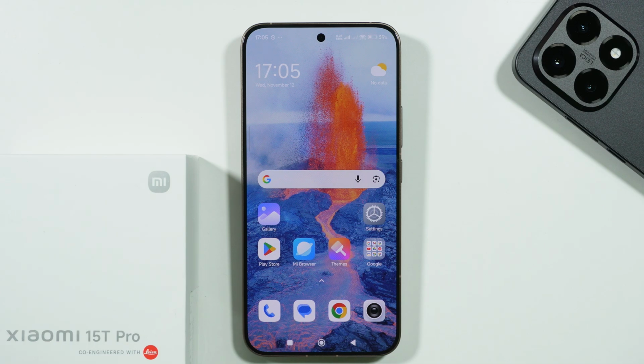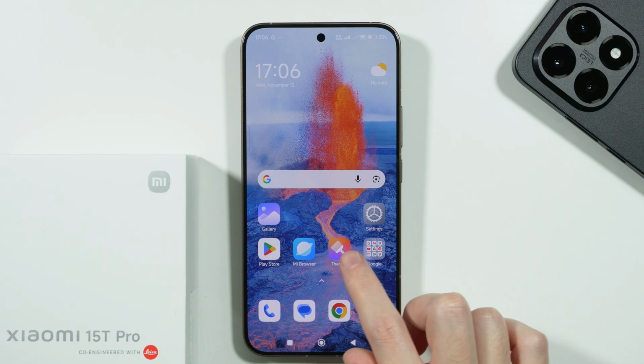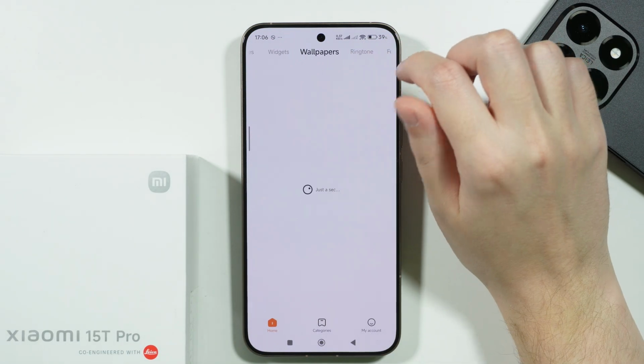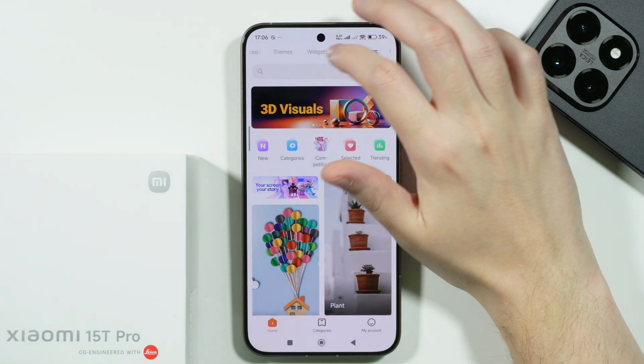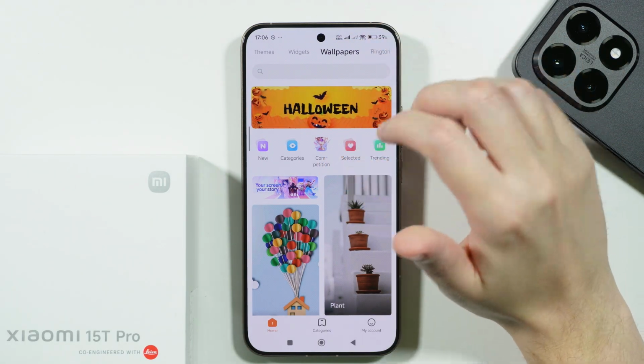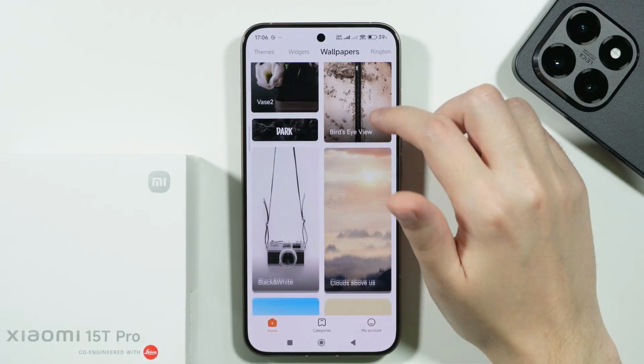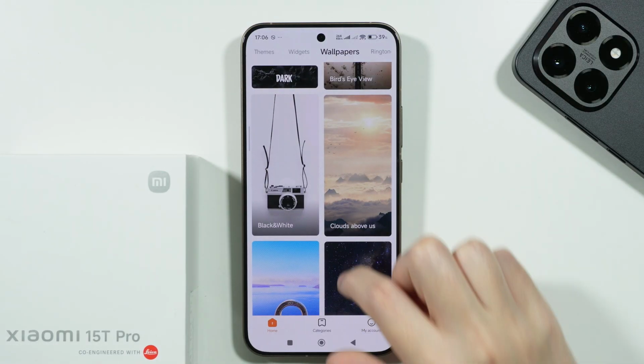If you want to get free wallpapers on Xiaomi 15T or 15T Pro, you can use the Themes app that you should be able to find on your phone. And over here, we can switch to the Wallpapers tab. Over here at the top, we have different tabs that we can go through, of course. And we have many various different wallpapers that we can easily have on our phone that we can easily download